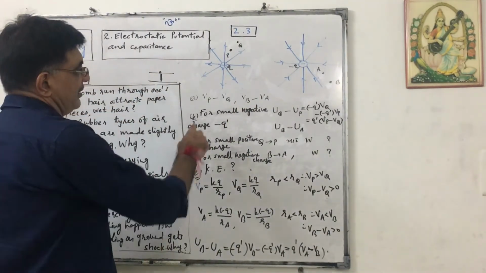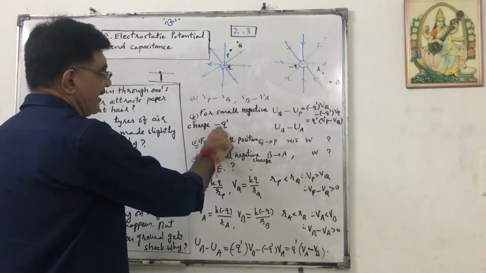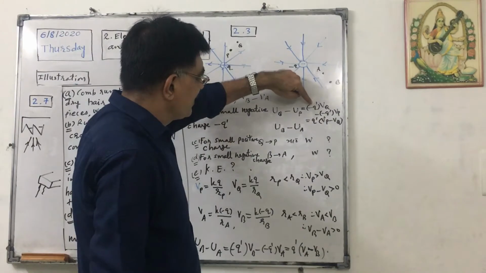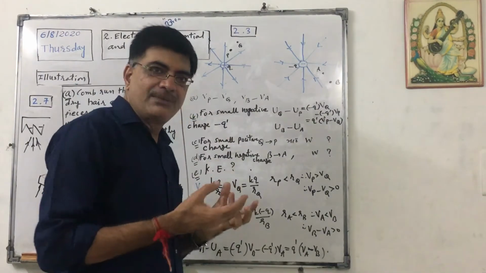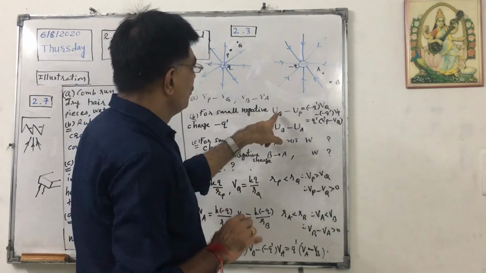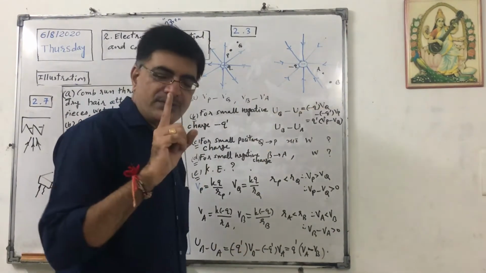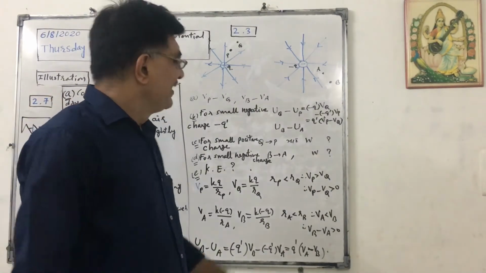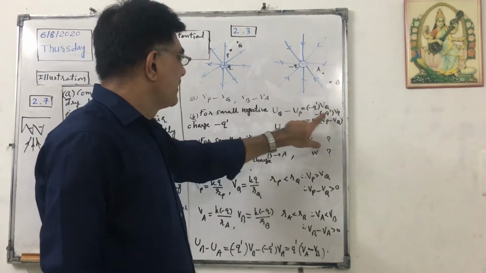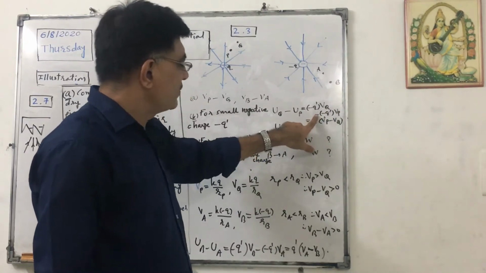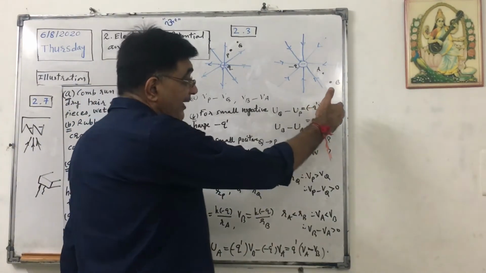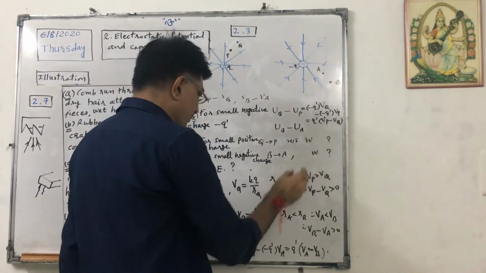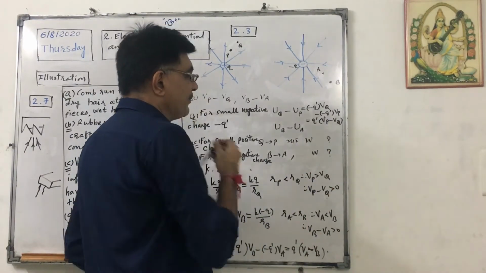Second question, for small negative charge minus Q dash, we have to find out UQ minus UP. Now see, UQ can be written as minus that small negative charge I have given name minus Q dash. So UQ will be equal to minus Q dash into VQ, because we know that potential energy equals charge into potential. So minus Q dash into VQ and UP is minus Q dash into VP, but here is also a negative sign. So if I take Q dash common, it will be Vp minus Vq, but Vp minus Vq is positive, so that's why this sign will be positive.